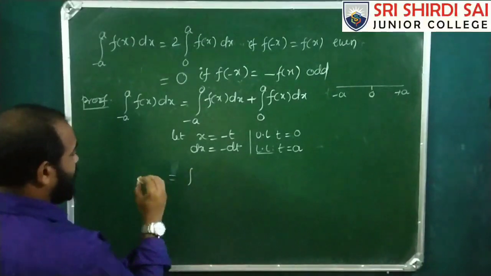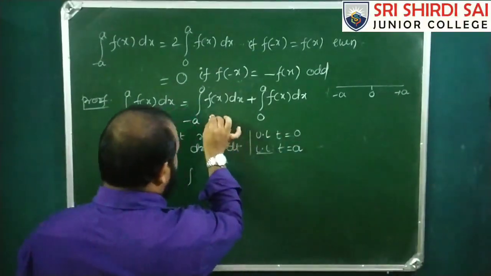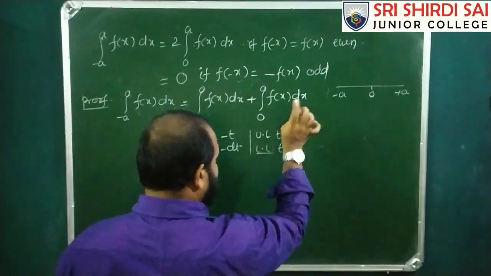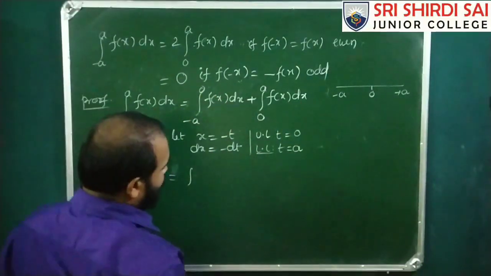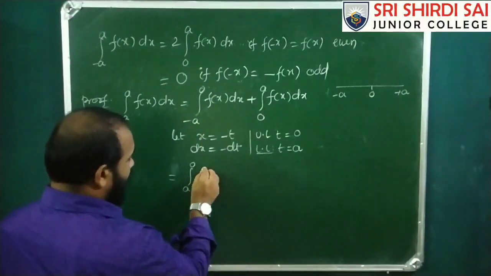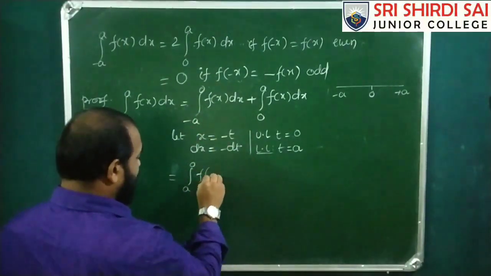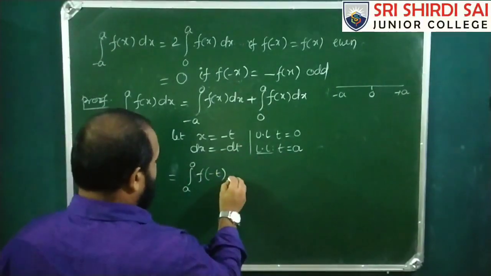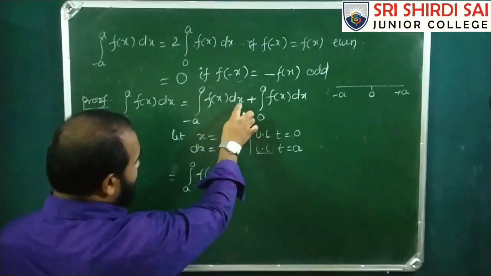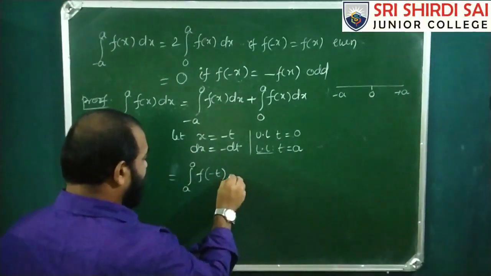So this is equal to, I am only considering this, I am not changing this. So minus a to 0 can be a to 0 now into f of minus t, dx is minus dt